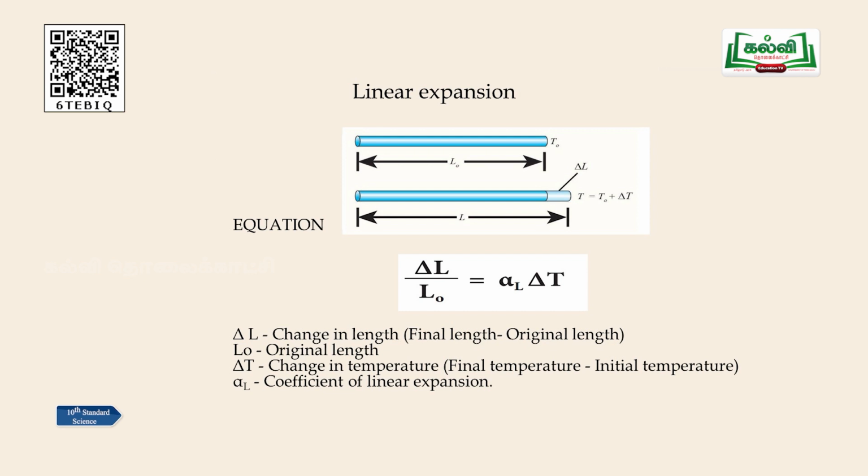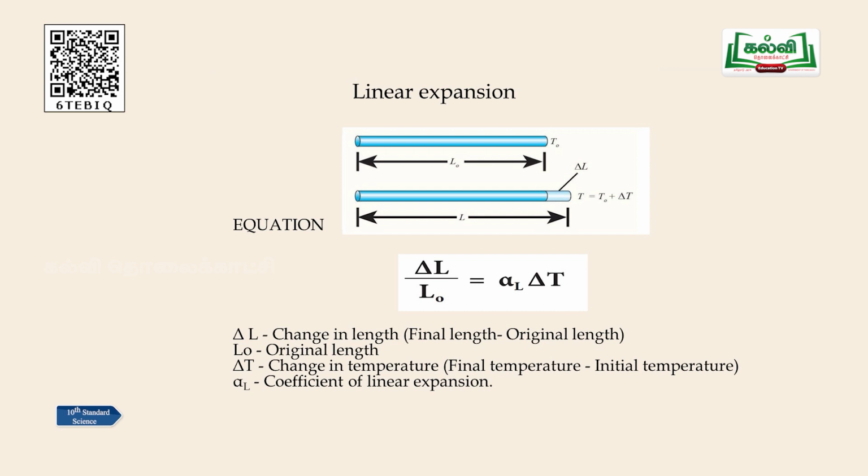So, when I give the new temperature, the metal rod gets heated, and slowly after some time you can see there is an increase in the length of the rod. When we measure the length of the rod after heating at a certain temperature, there is a small increase in the length. That small increase in length I can take as delta L, and the change in temperature is the difference between the initial and final temperature, which gives us delta T.